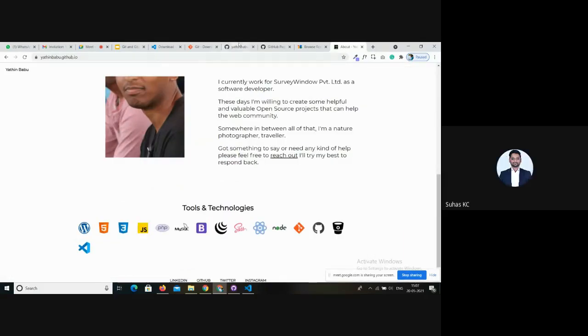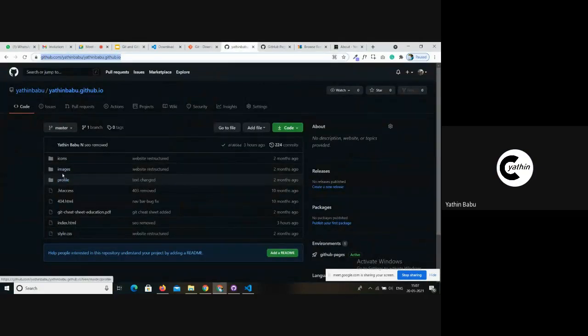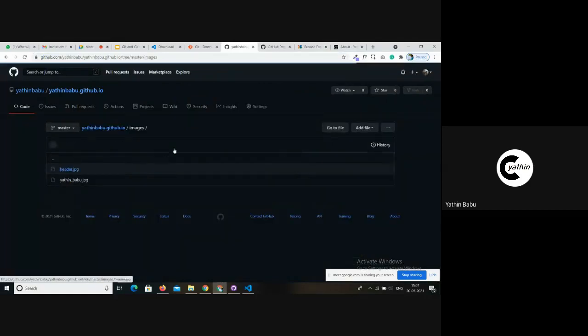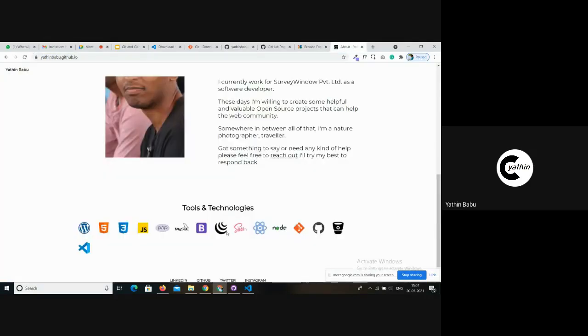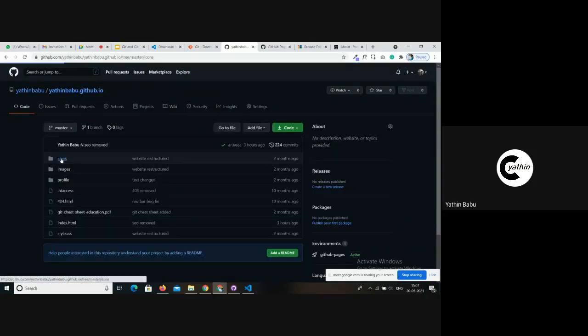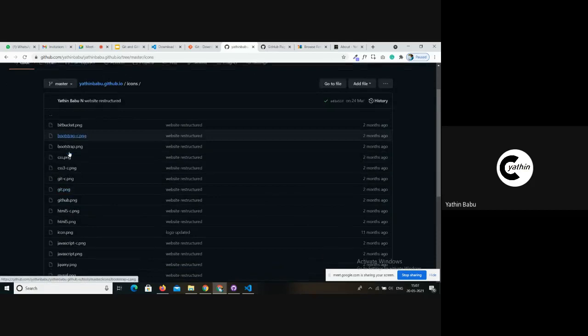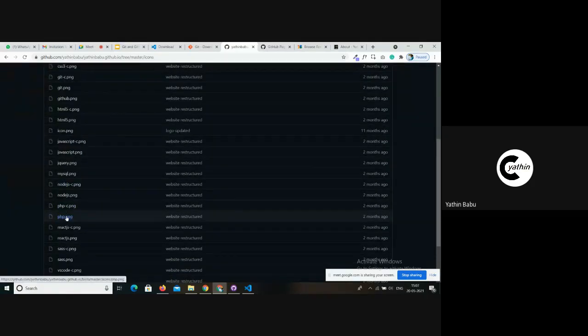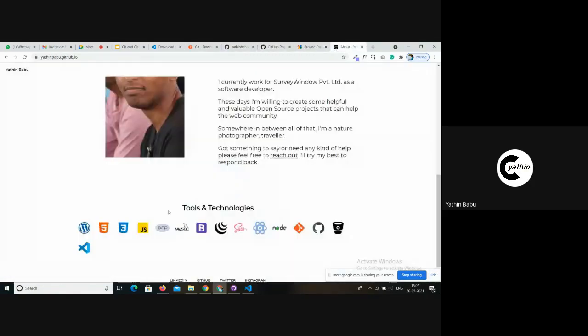Before going further, if you are not familiar with these technologies but are familiar with some other technologies, there are plenty of other icons here, so you can customize the look.